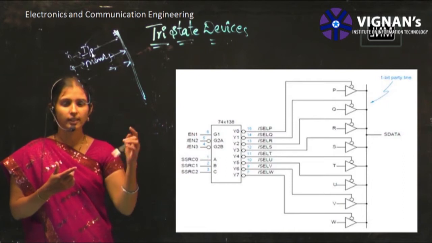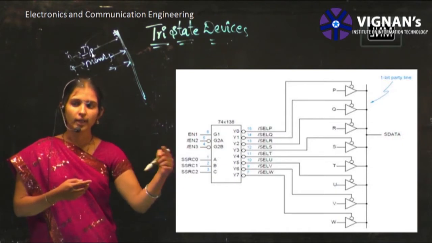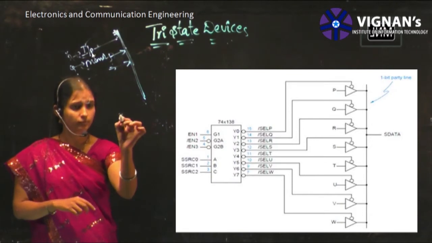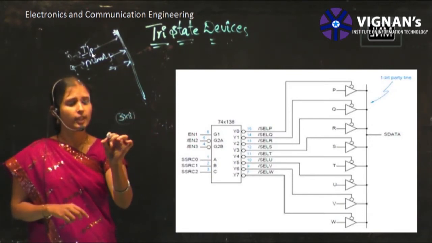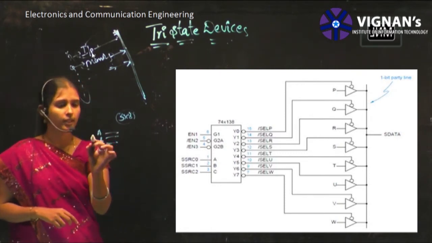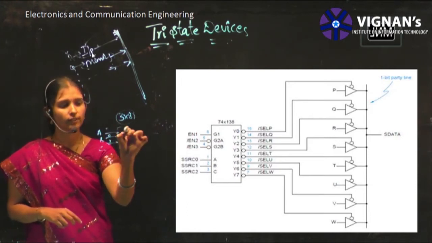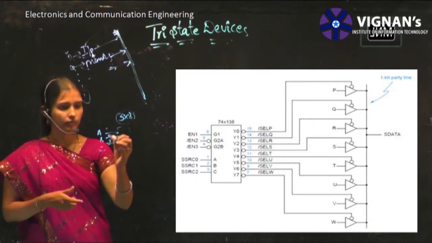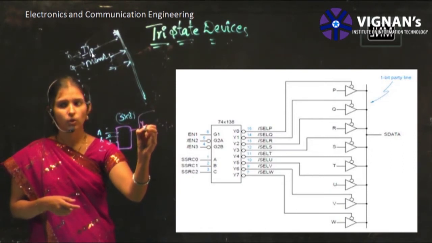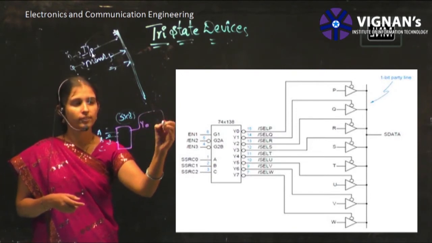It is like a 3 to 8 decoder, depending upon your enable input as well as your signals A, B, C. As we know, in a 3 to 8 decoder, depending upon your inputs A, B and C, suppose consider 0, 0, 0 is given to a 3 to 8 decoder, what happens? Suppose let us assume that Y naught is active. So Y naught is given to this buffer.